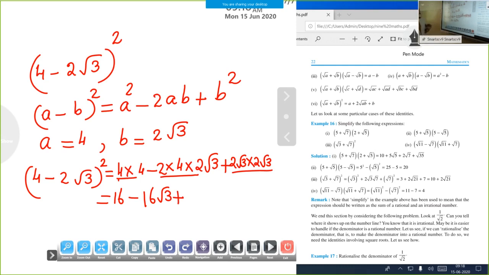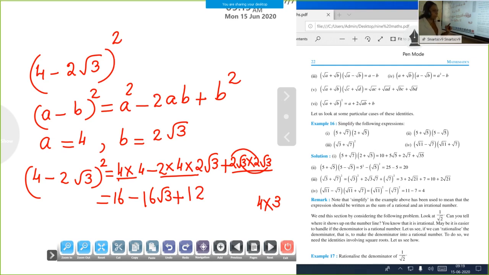term, 2 root 3 into 2 root 3. You know how to multiply 2 root 3 into 2 root 3. First you multiply 2 into 2. 2 into 2 is 4, into, next you multiply root 3 into root 3. It becomes 3. 4 into 3. The value is 3. So what is our answer? 12. The last step, don't make a mistake. 2 root 3 into 2 root 3.